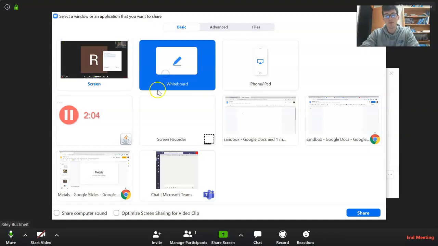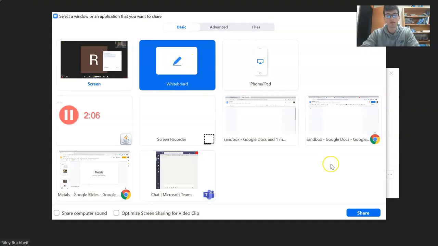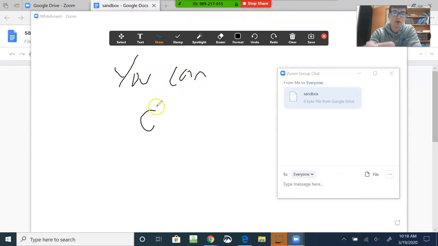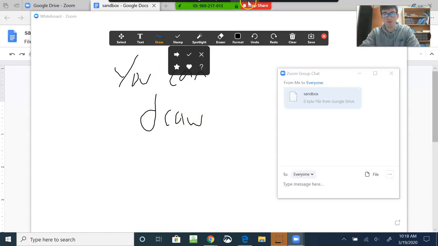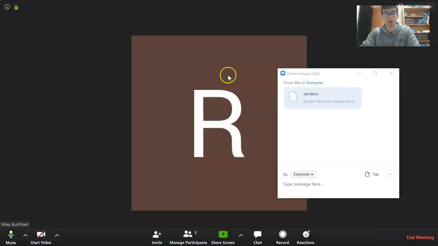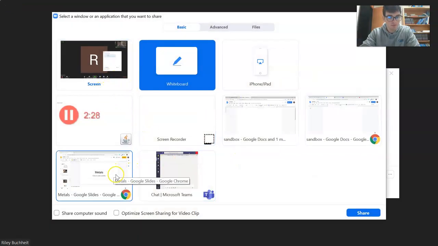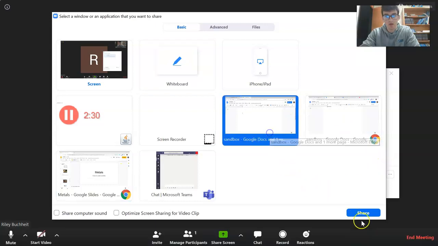If you were to do whiteboard share, only you can do this. So only you can draw. But that's not too helpful if you want a bunch of people to collaborate at once. So if I go to share screen and I look for the document,